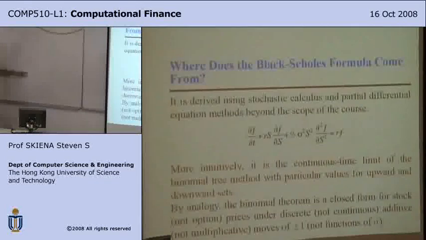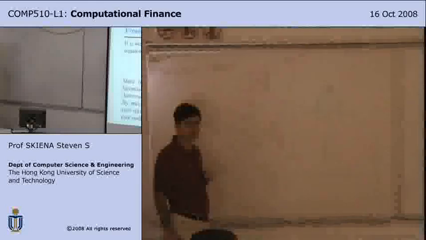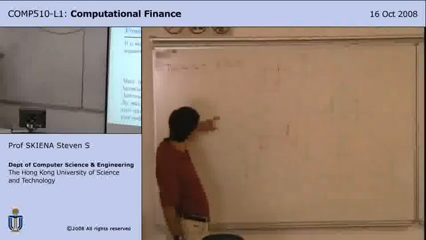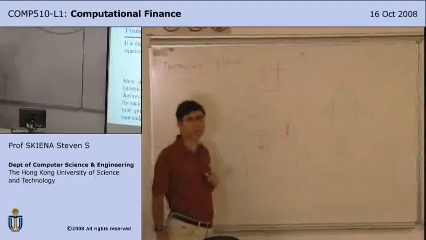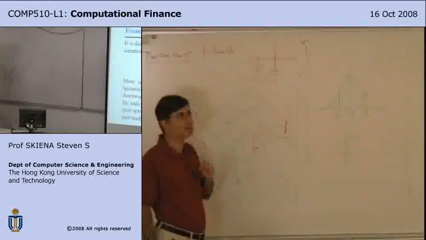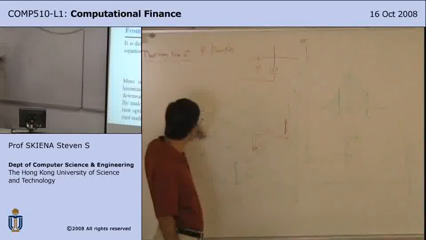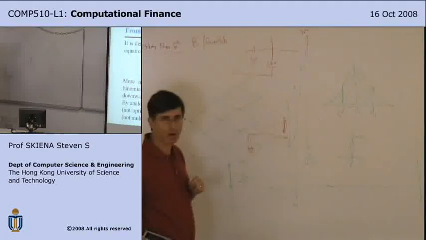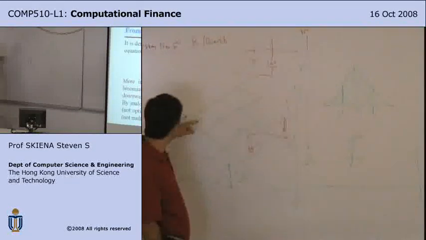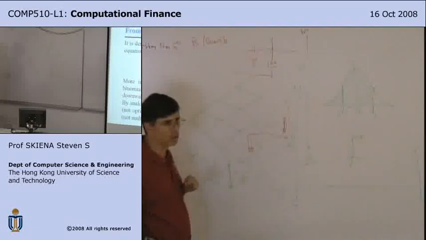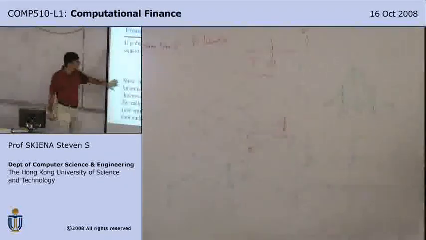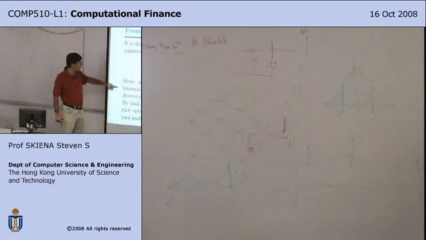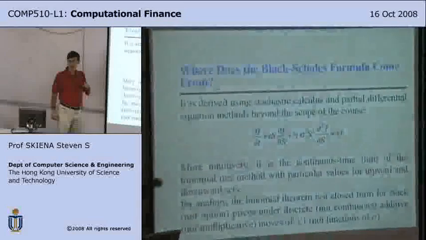The only thing that we didn't really specify in a rigorous way from our binomial tree method was the value of how much was an upward move or how much was a downward move. You remember last class I gave you bounds as to what those upward and downward moves could have. Okay? But I didn't specify a particular upward or downward value. The Black-Scholes formula, as we'll see in a minute, specifies a particular upward and downward value. Okay? That's going to make sense as to why they pick it. Okay? Any questions?